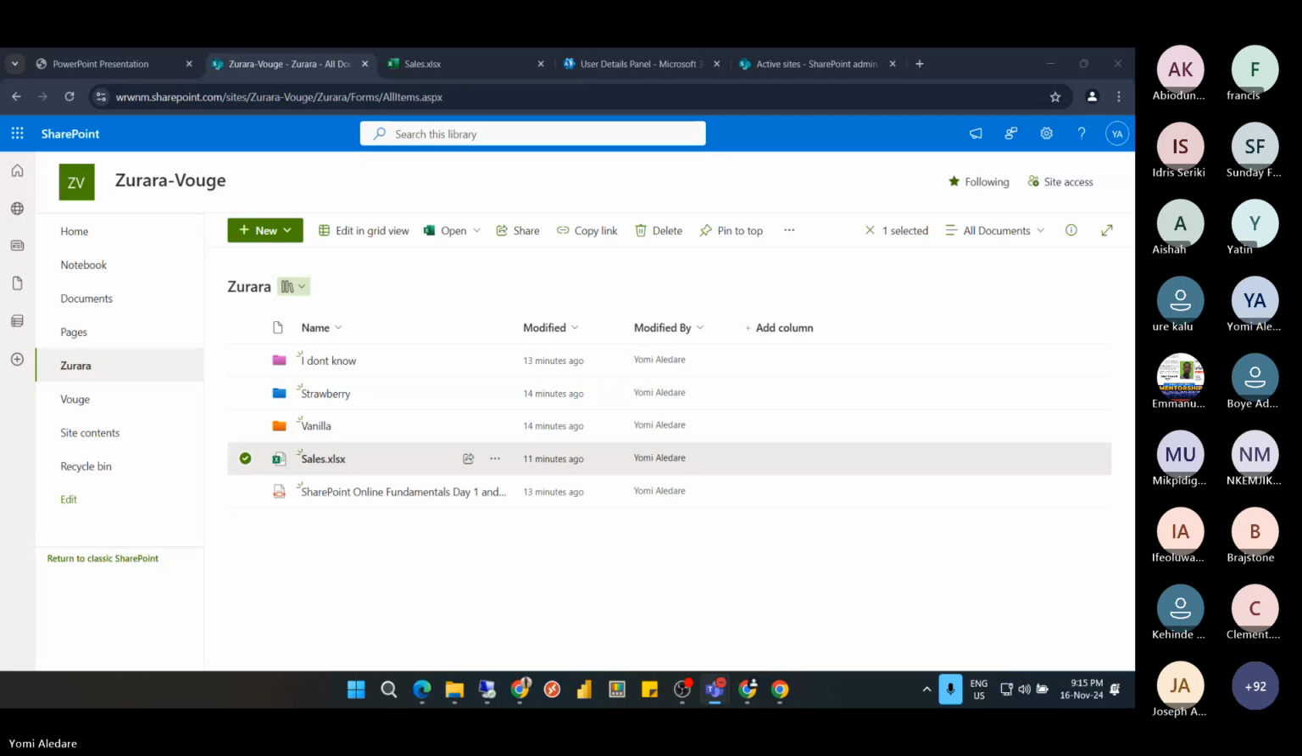Disadvantage. You just saw it now. The disadvantage is that a lot of persons can work on the file at the same time. So that is the only disadvantage it has. And imagine if maybe